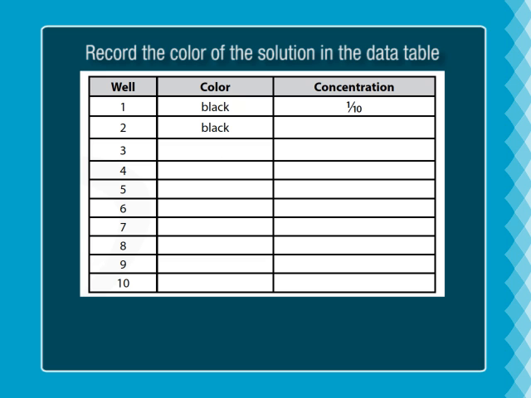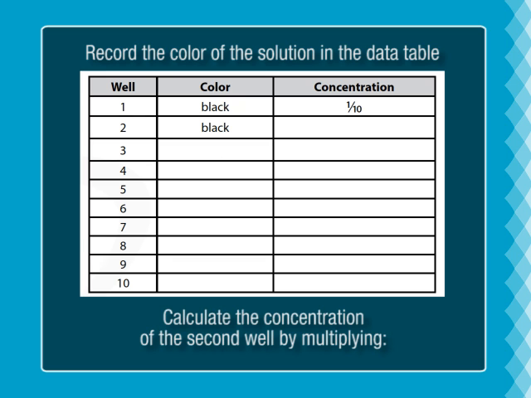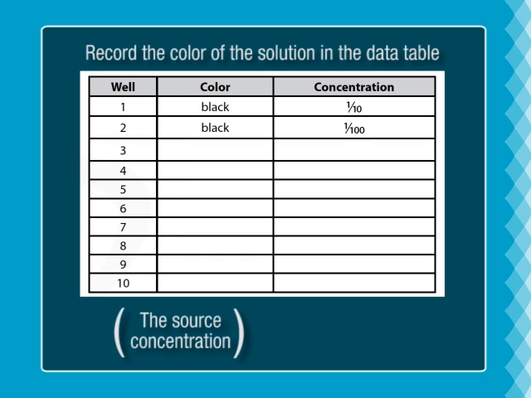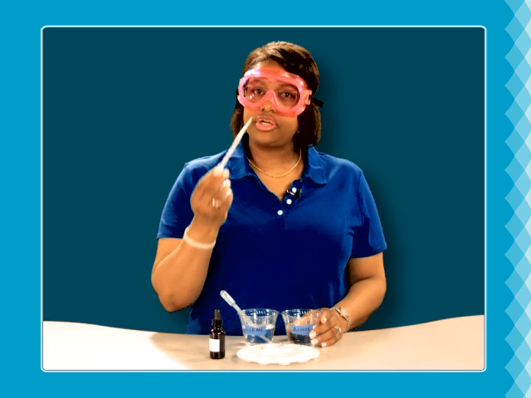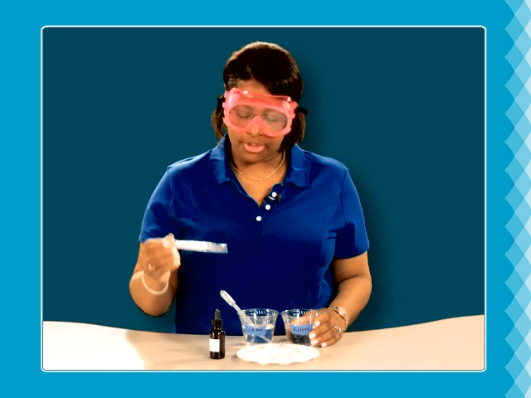Let's record the color of the solution in the data table and also calculate the concentration of the second well by multiplying the source concentration, the concentration of the well from which you removed 1 drop, by the dilution factor 1/10. And again, we'll use the first pipette to take 1 drop from well number 2,